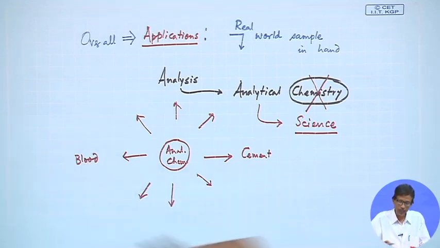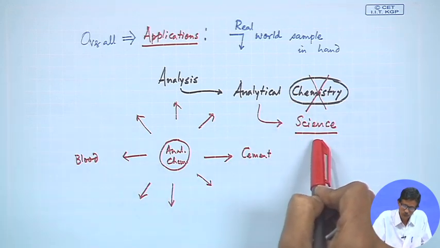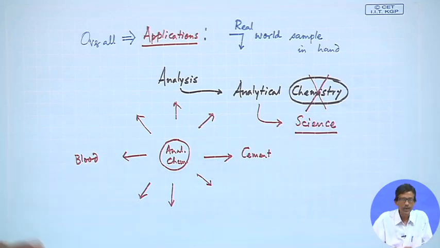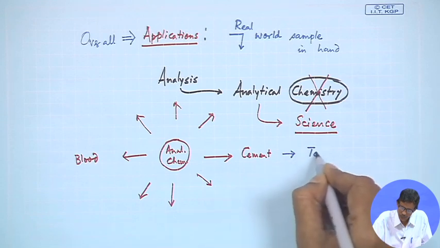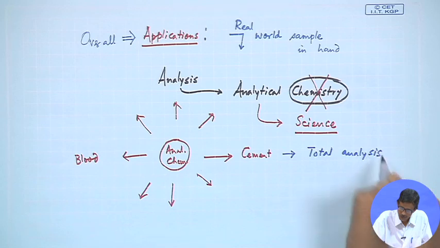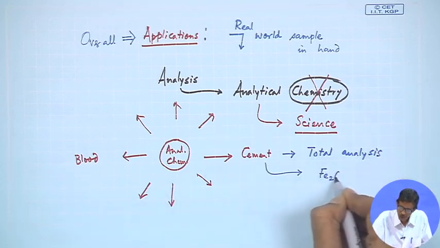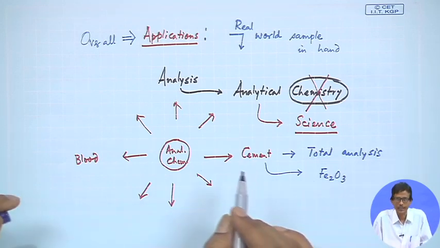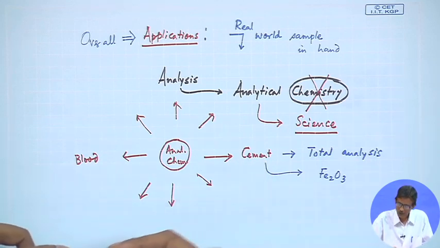So, how you correlate these things, how your knowledge of analytical science can be helpful to identify one of the components, that means you are not analyzing everything. Some of these we consider as the total analysis, and sometimes we will go for only the presence of Fe2O3, the amount of iron, because iron is not wanted to be present in good quality cement as a good building material.